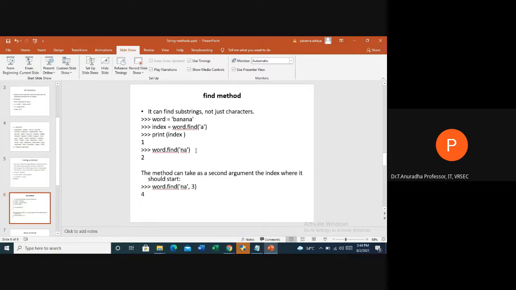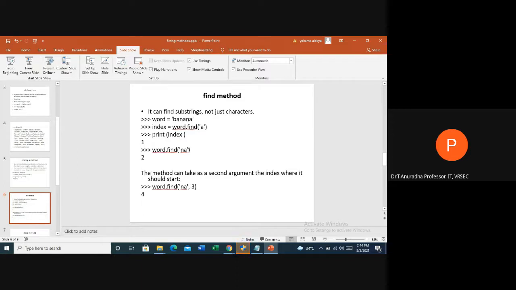So if I say word dot find of a, it gives me the index position of a. But you can ask, we have three a's here, which index is it giving? Always remember, the find method will find the first occurrence of the given character. So if I directly use word dot find of a, it gives me the first occurrence of a. The first time a occurs is at index 1, counting 0 and 1. Because it is the second character, it is there at the first index position. So it gives me the index position as 1.